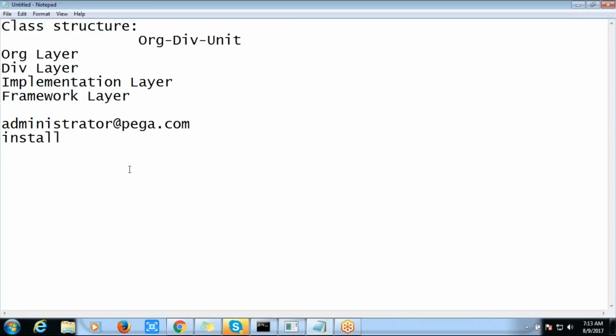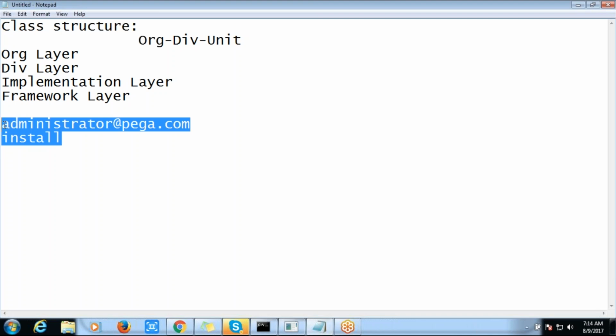Sorry. So if you want to create the application in PRPC, they are going to provide you the default user ID and password. You get this account whenever you install the PRPC personal edition.